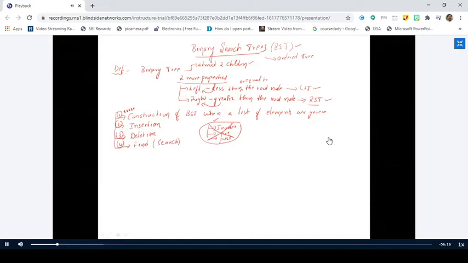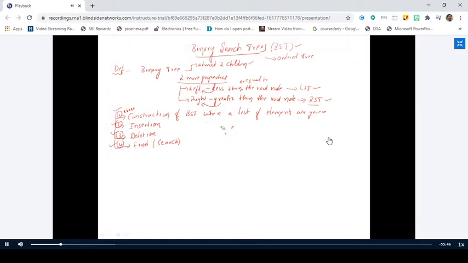In this class, we are going to discuss only the construction of binary search tree when a list of elements are given, how you insert a new element into the already constructed binary search tree, how you delete an element from the binary search tree, and how you perform a search operation on the binary search tree. Is it okay up to this point? Yes, sir. So let us go with the first topic.